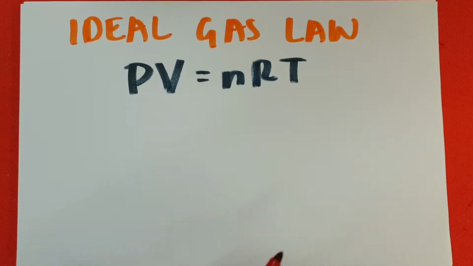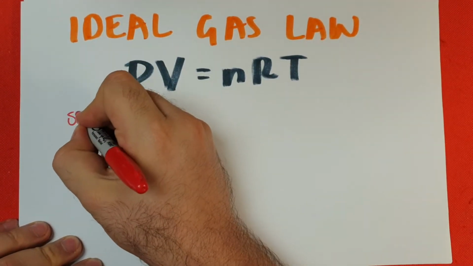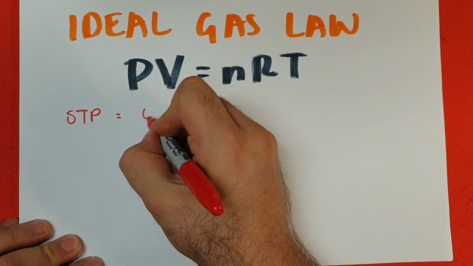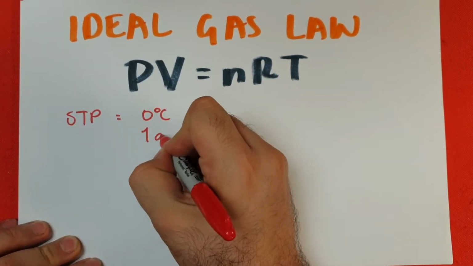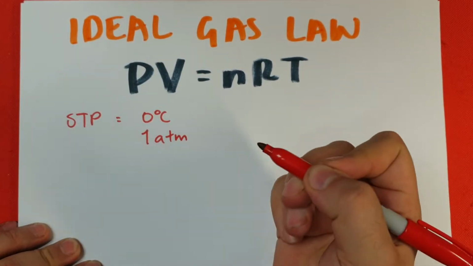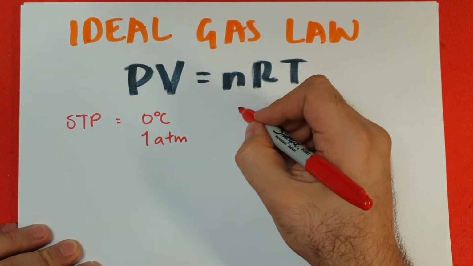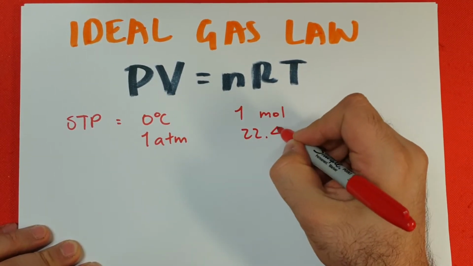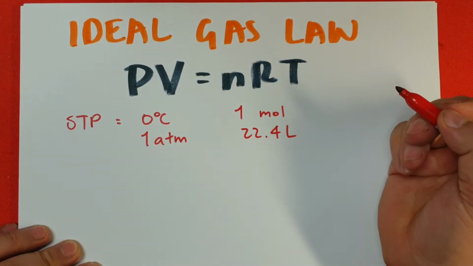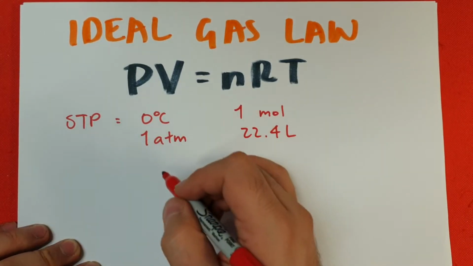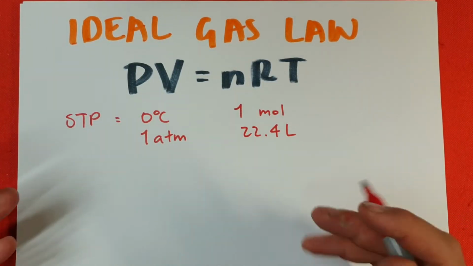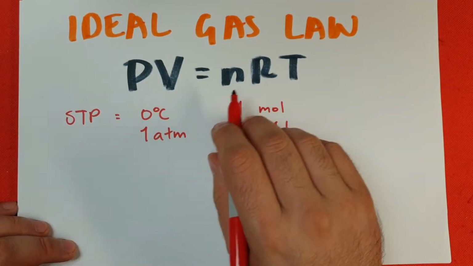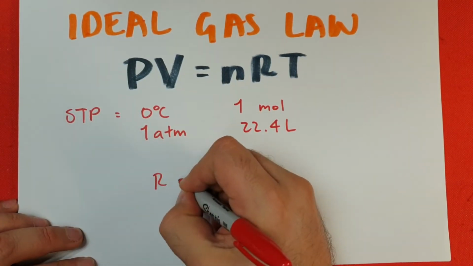So at standard temperature and pressure, which is called STP, which is 0 degrees Celsius and 1 atmosphere, scientists observed that 1 mole of an ideal gas is going to occupy 22.4 liters. Okay? So if we have all these variables together, let's put them into the formula to determine R. If we algebraically manipulate this, we're going to get that R is going to be